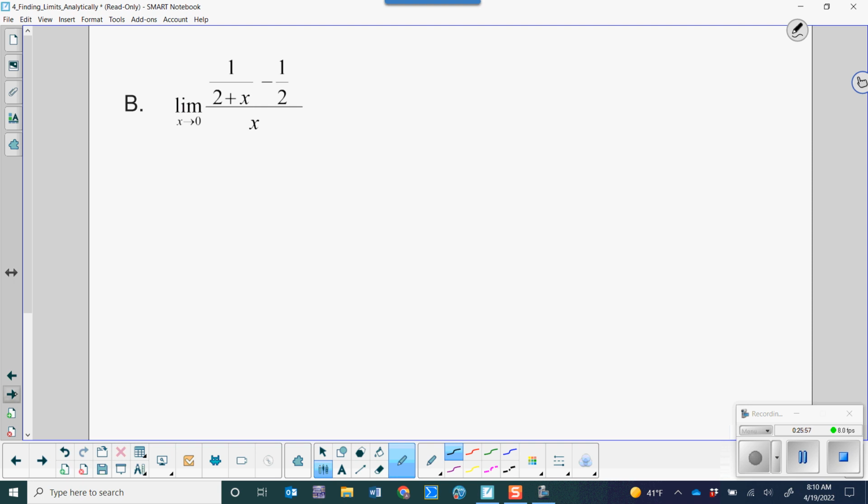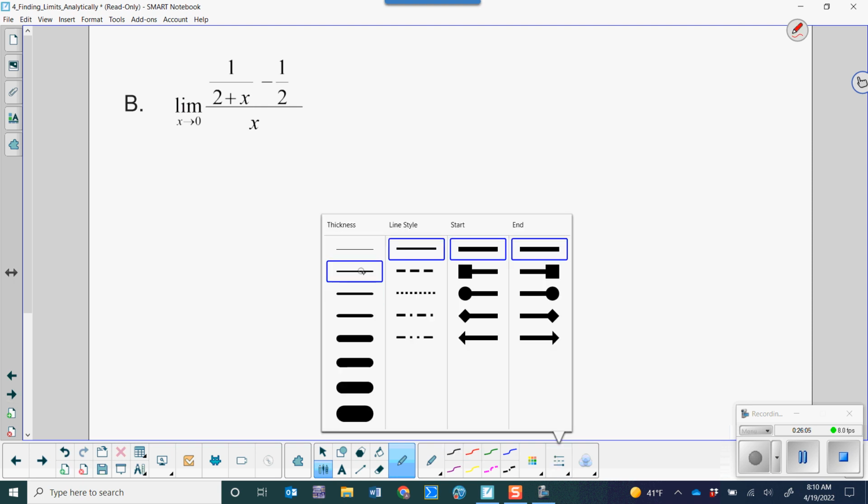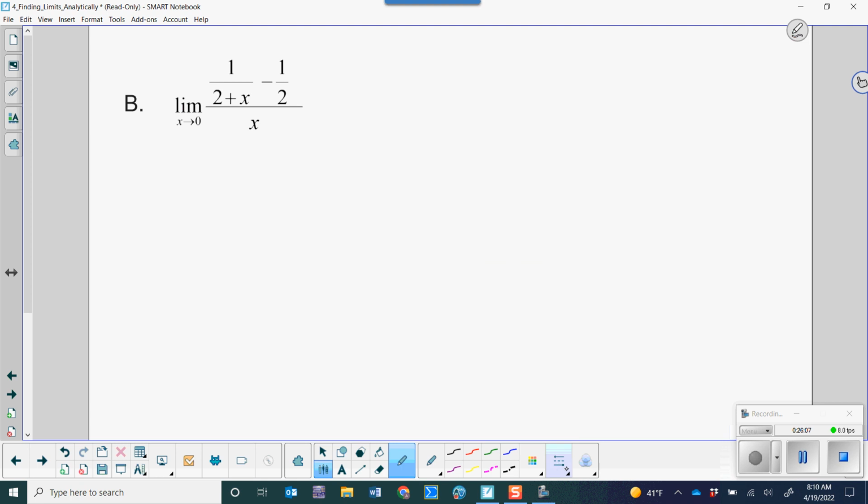So again, I have fractions inside fractions, and so I'm going to choose to multiply every term by the least common denominator. So the least common denominator is 2 times 2 plus x. So every term gets multiplied times 2 plus x. And of course, you're multiplying in tops when you multiply on fractions. Then you can go through and divide out your common factors because now you're multiplying, and then that's going to leave you with the limit